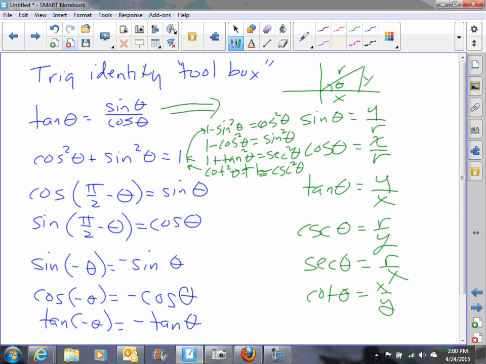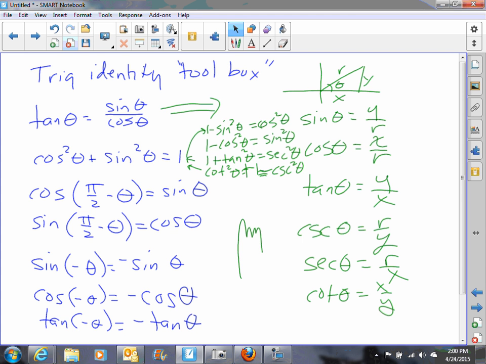And then, of course, if you take 1 plus tan squared equals secant squared, and subtract 1 from both sides, you get tan squared theta is equal to secant squared theta minus 1. In other words, there are a lot of identities that come from these. But it would be a good idea to think of this as your basic toolbox of trig identities